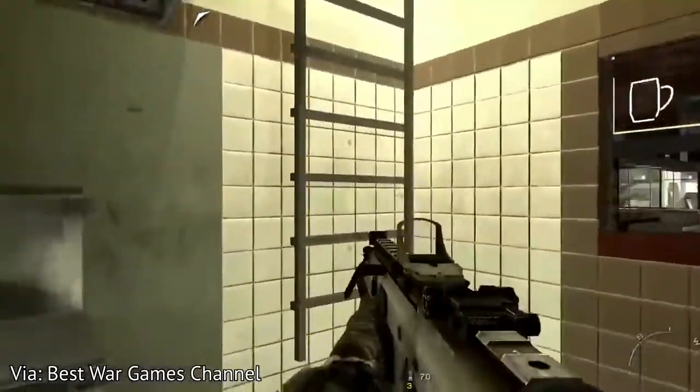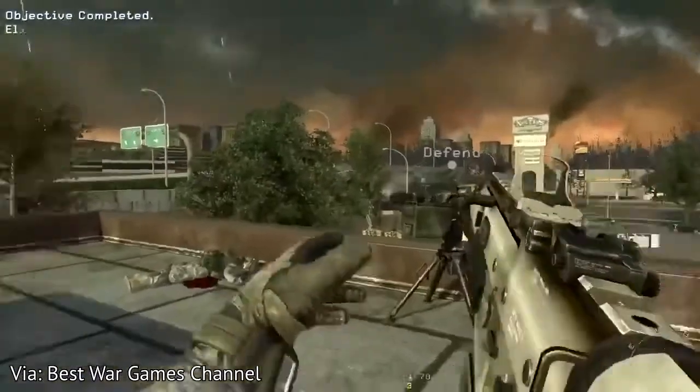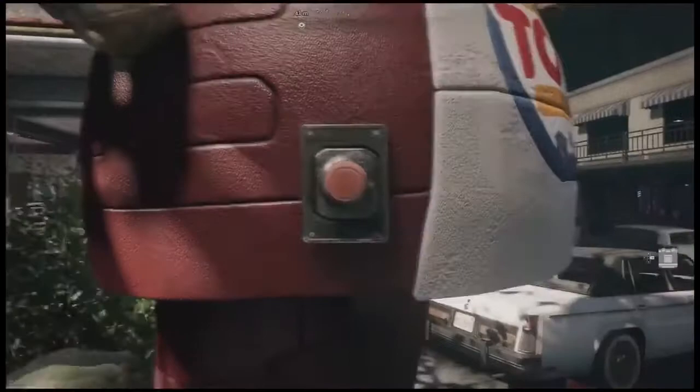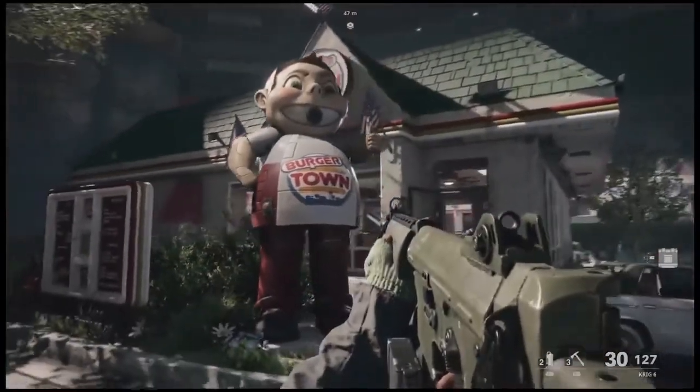The section in Modern Warfare 2 where you fight off a Russian invasion in the United States on the roof of a Burger Town is actually one of the most memorable moments from that game. But it is more than just a callback. Near the drive-thru you can find the Burger Town boy and he's got a button on him. Press it and he'll make a snide comment about how fat Americans are and...